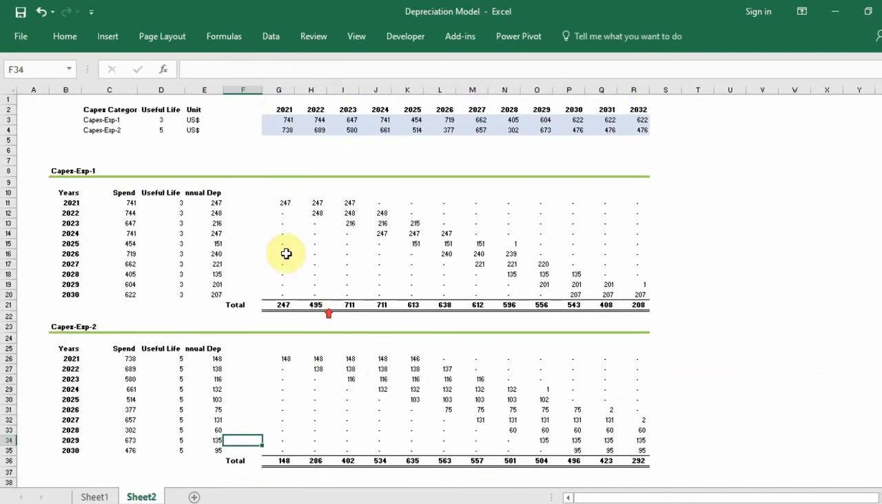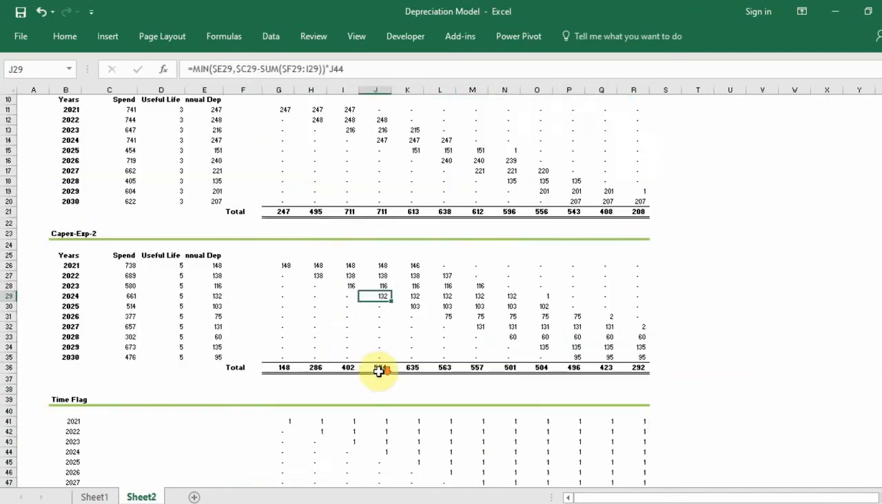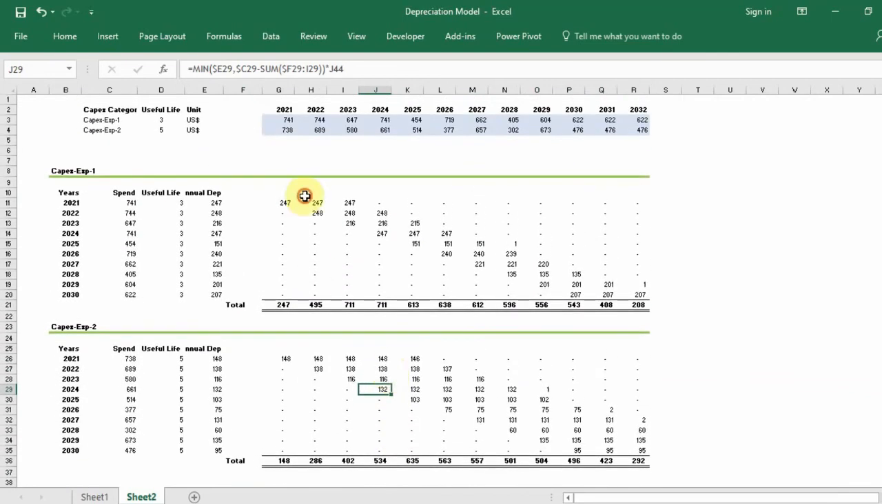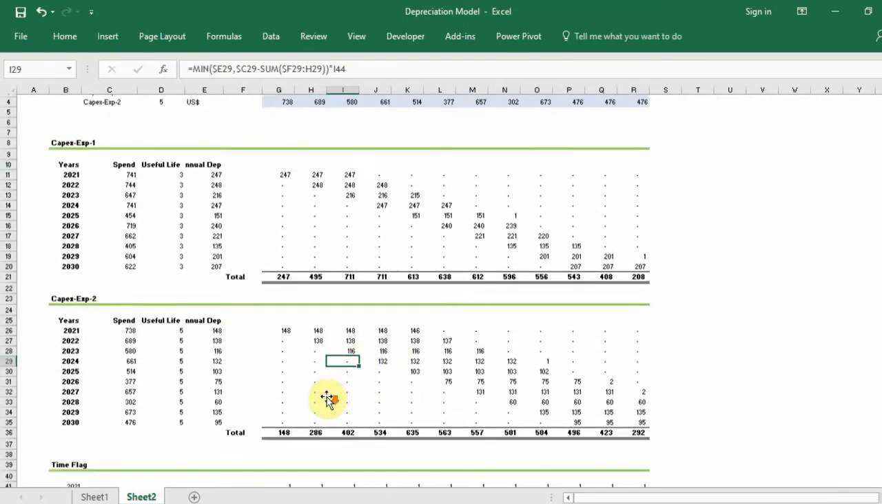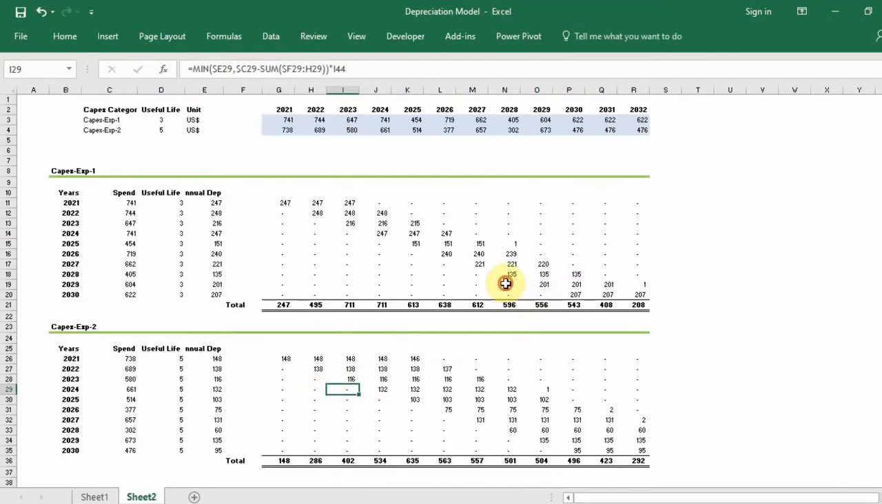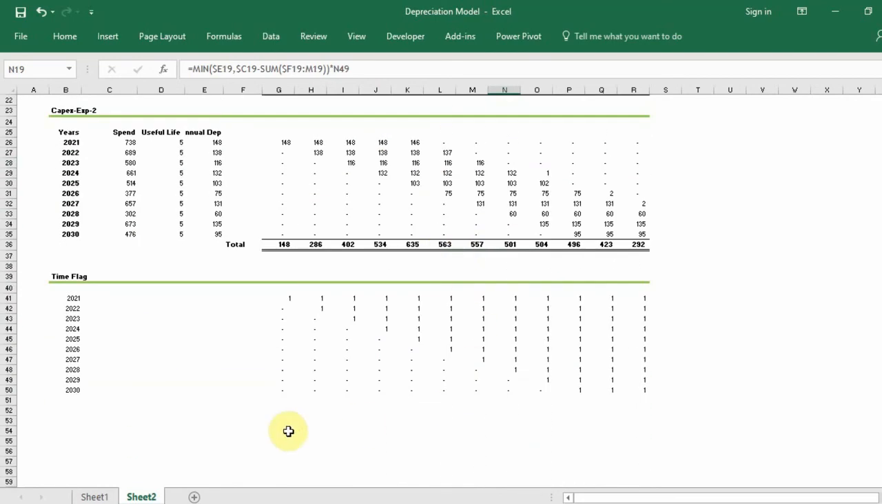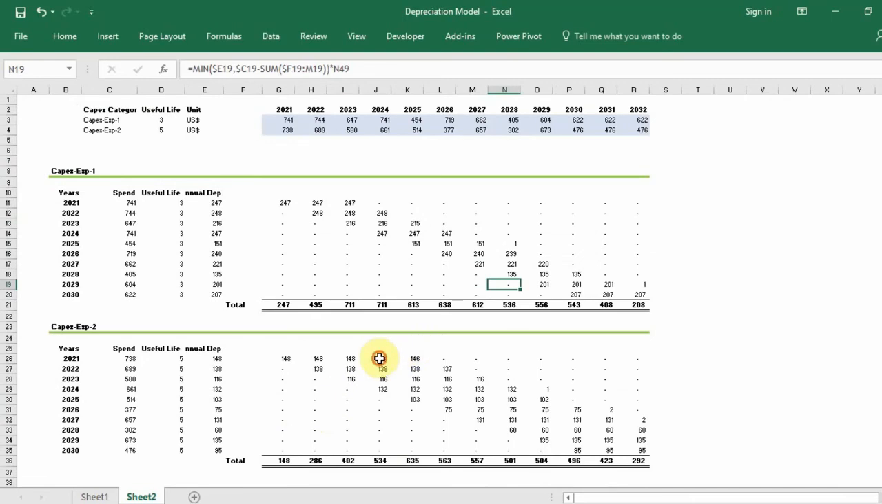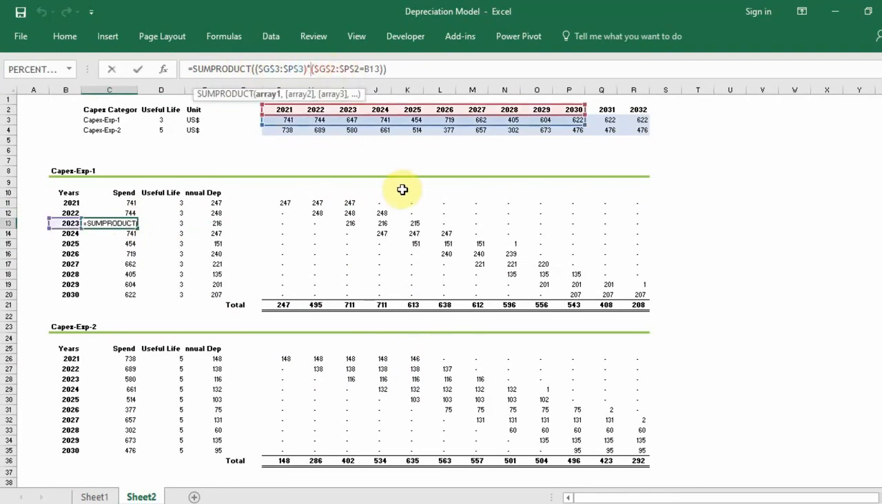Okay, so that's how we can come up with a depreciation model, easy. Once you've done it for the first time, you can extend it and it will just do according to what you want it to do. So I hope you learned something from here with regards to functions we use in financial modeling. And I want you to watch the video again and take note of how we use the sum product as a lookup function,